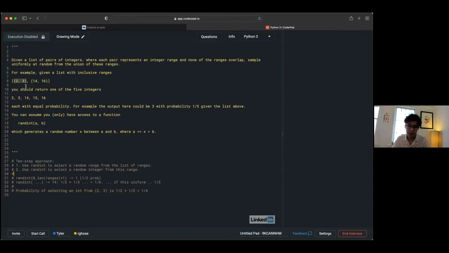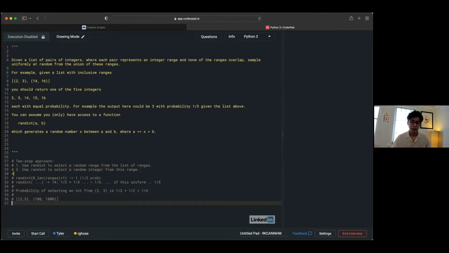Maybe I can even think of an extreme example here, like if instead of 14, 16, my ranges were 2, 3, and then 100 to 1,000 or something. The integers in this second range would all have much lower probability of being selected. Okay, so there's a problem with this solution because it's biased against the larger ranges, and it doesn't return all of the integers in the union with equal probability.